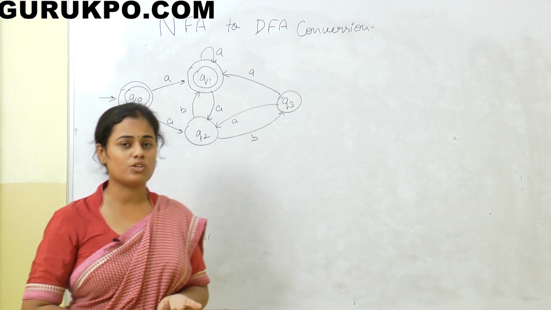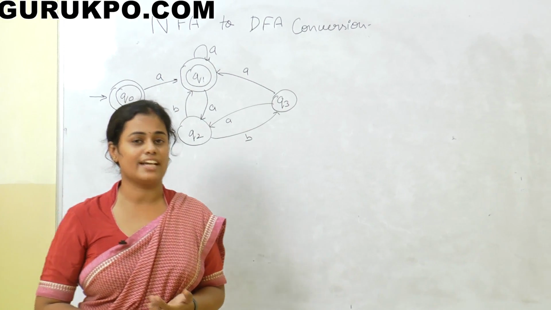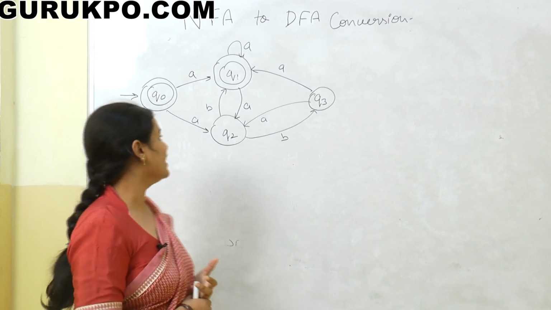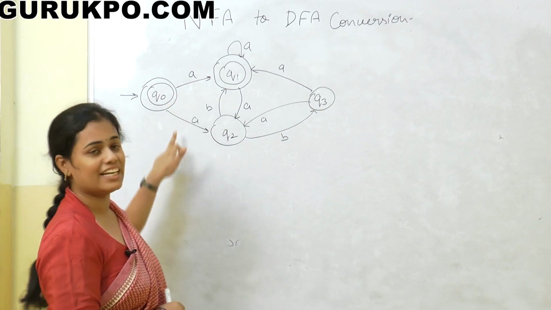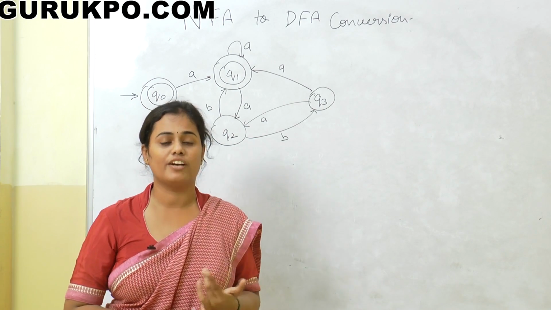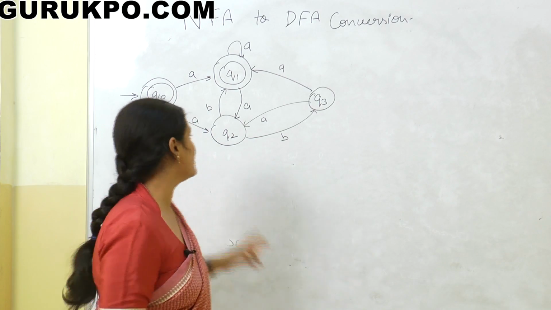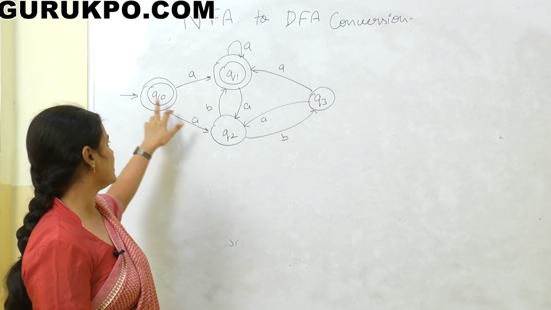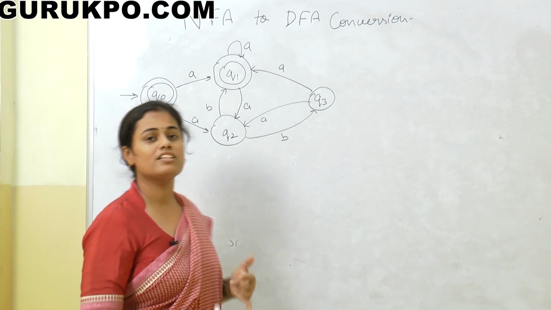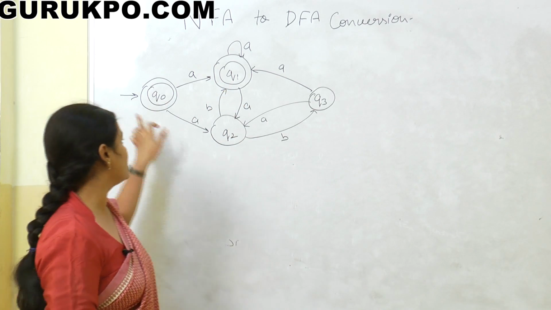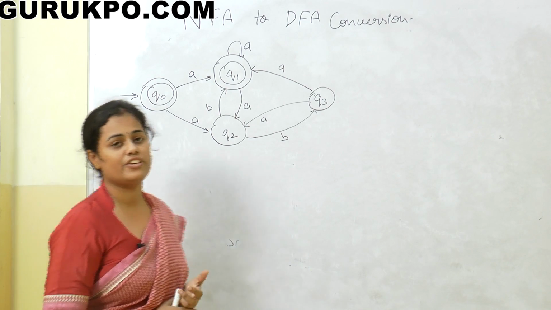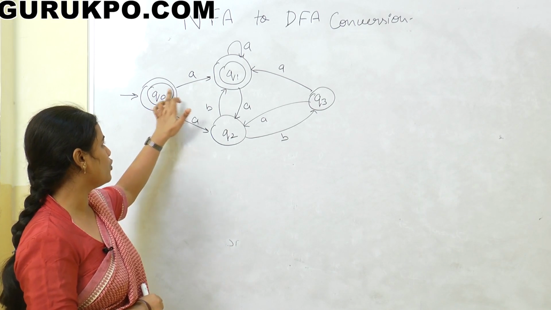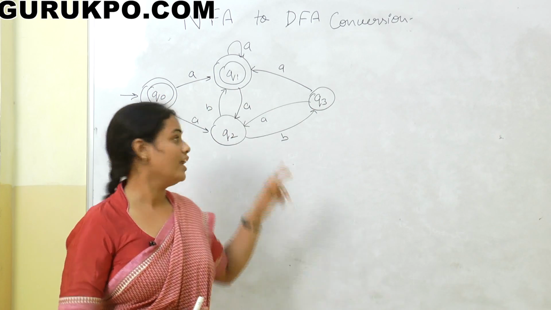This NFA consists of 5 tuples. One is Q, a set of states: Q0, Q1, Q2 come under Q. The second is the input symbols, A comma B; we have two inputs, A and B. There is an initial state named Q0 and two final states, Q0 and Q1. A double circle means a final state, and this symbol shows the initial state. The production rules are such that on giving A at Q0, I get the output Q1 as well as